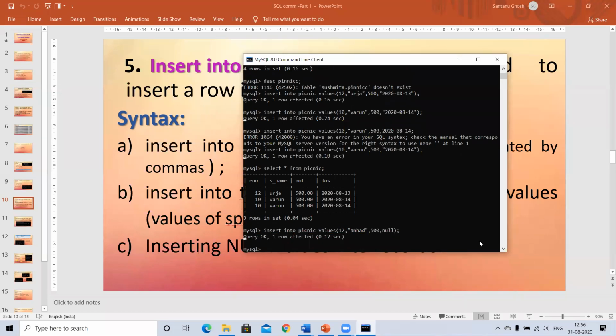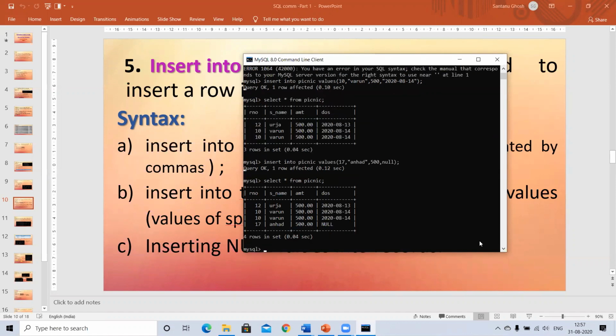Enter. Query, okay. I want to check whether it was inserted properly or not. So I go with my arrow keys back to my previous command, enter. This is how null shows up, right? We'll learn later how to update these null values, how to change values in the table. We'll learn all that. As of now, creation and inserting data. Let's go step by step. This needs to be done properly, right?